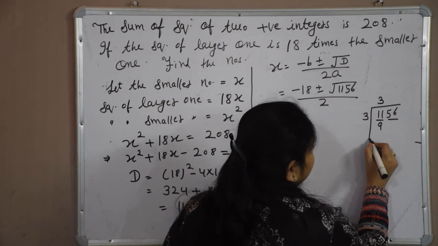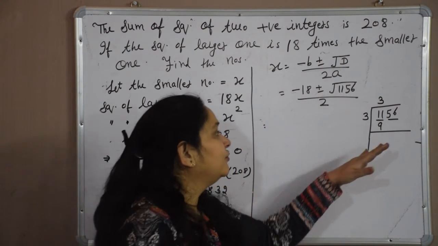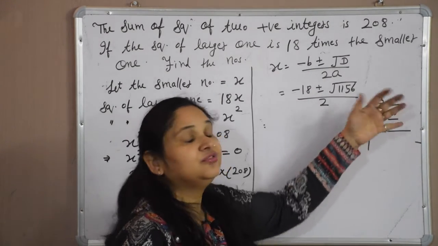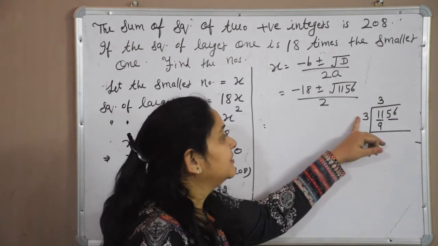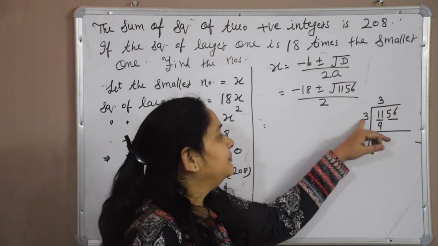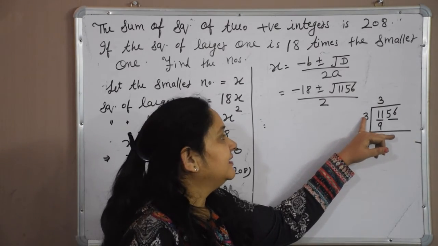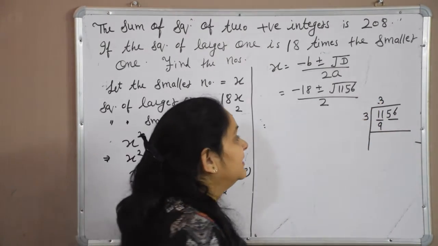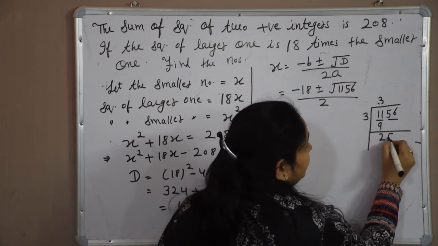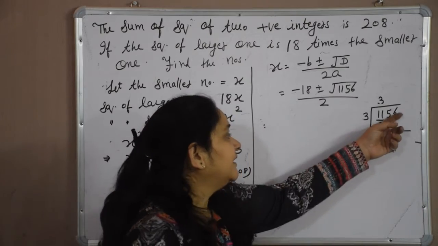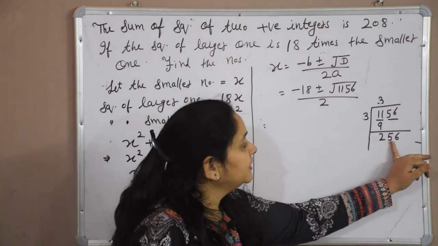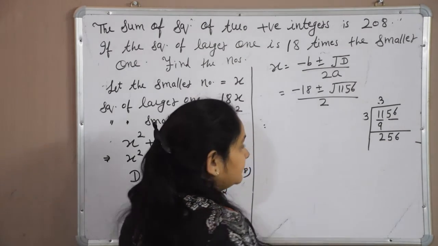3 3s are 9. In this it is a little bit different from division. For division we can use any number, 2 3s are, 3 4s are, but here we have to choose it carefully, because it is the square root of a number, so we have to use square pairs. Whatever number we write here, that same number we write here. So now subtract 11 minus 9, 2, and the pair we have to bring down. We can't bring down a single number, we have to bring down the pair, 56. So now the total number is 256.